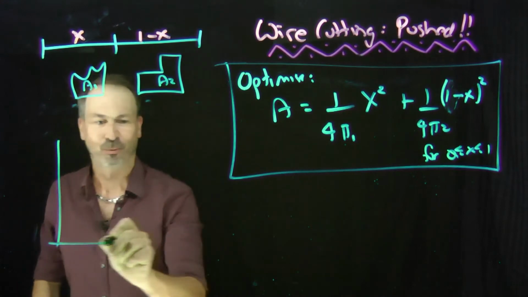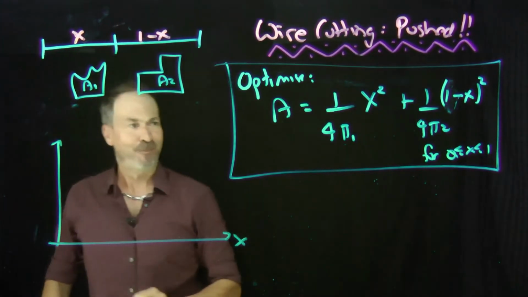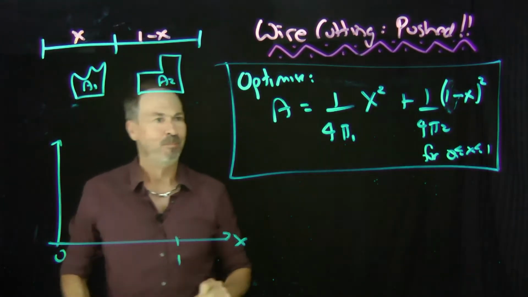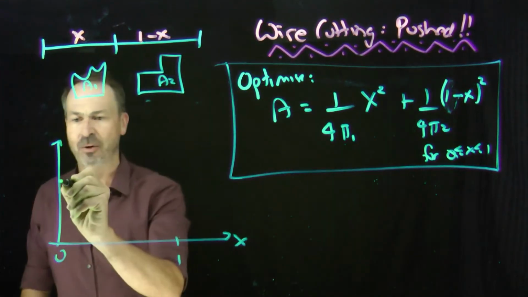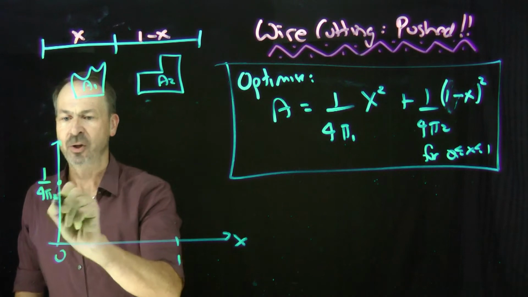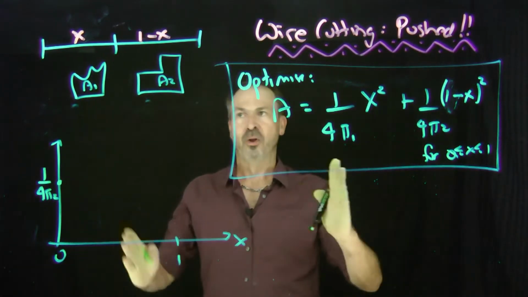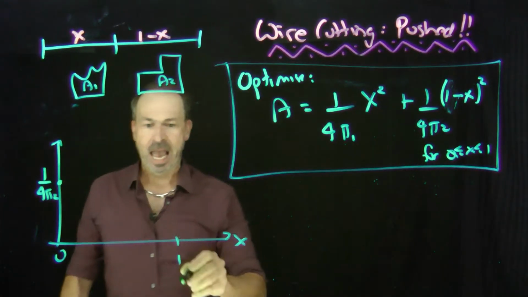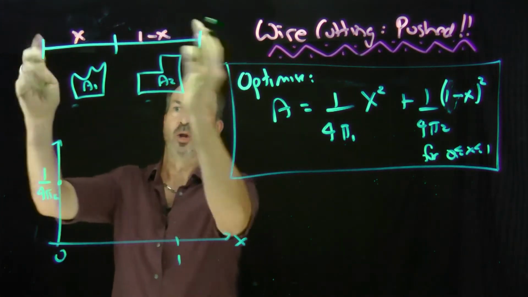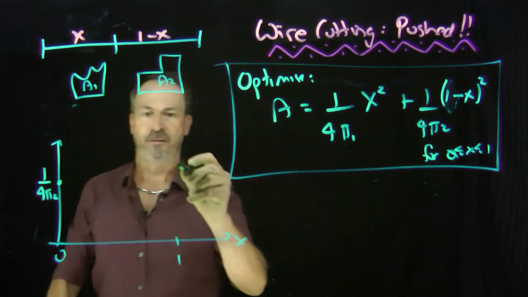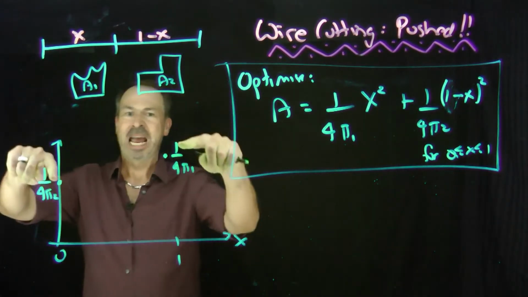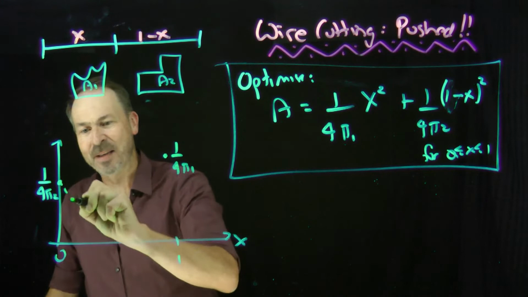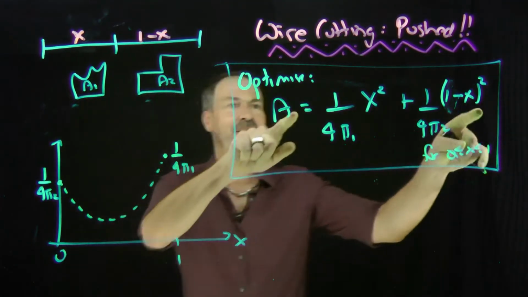I can draw its graph. Okay, I've been here before many times today. 0 and 1. At x equals 0, I'm going to get just 1 over 4 pi 2. That corresponds to using all the wire for the right-hand shape. And if x is 1, if I use all the wire for the left-hand shape, I would get 1 over 4 pi 1. Great! Whichever one of these is biggest, I know that's going to be the maximal value of the sum of